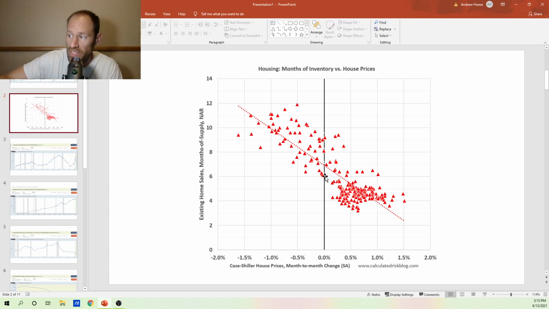If we go above 6, we might see a 0.5% decline up to 1% decline between 6 and 8 months of inventory. We have to get way up into the 8 to 12 months of inventory to start seeing more of a 1.5% decline per year of months of inventory. And that's a substantial move from where we are today. And I did a calculation about 1 month of inventory is 436,000 homes.